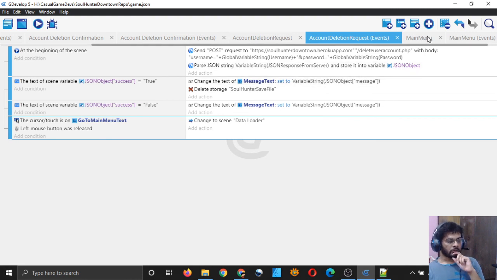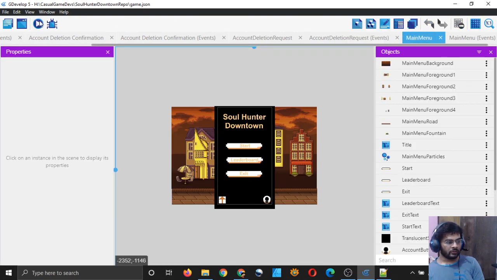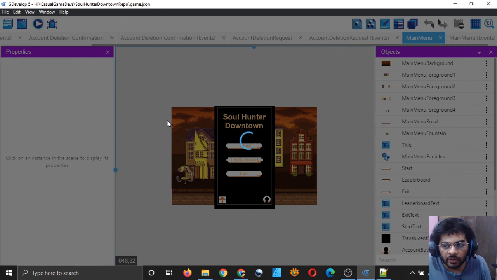That should be proper. Because if I immediately change the scene, then the user will not be able to see if the account was deleted or not. I mean, they will not be able to see the message. Maybe there was an error, right? So we have to show them that yes, your account was successfully deleted. So go to main menu and I will test the game again.